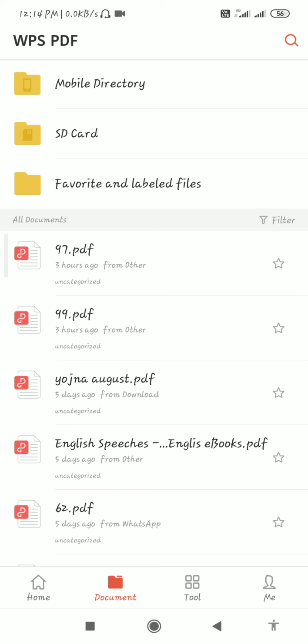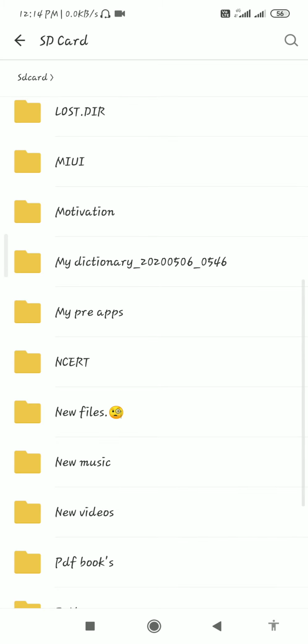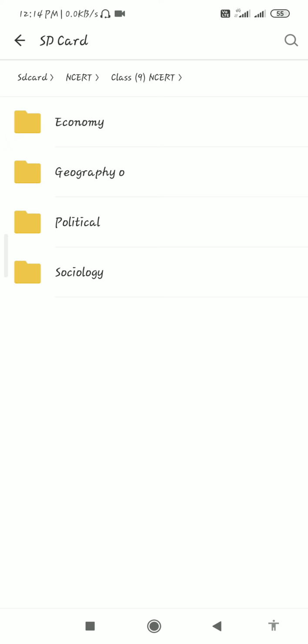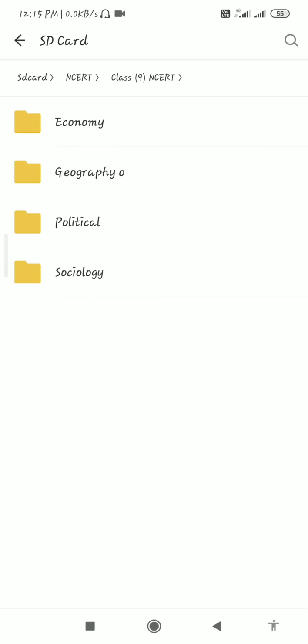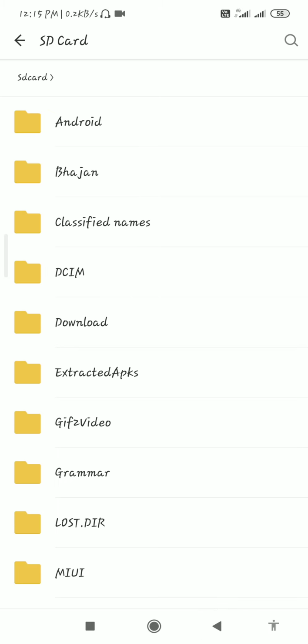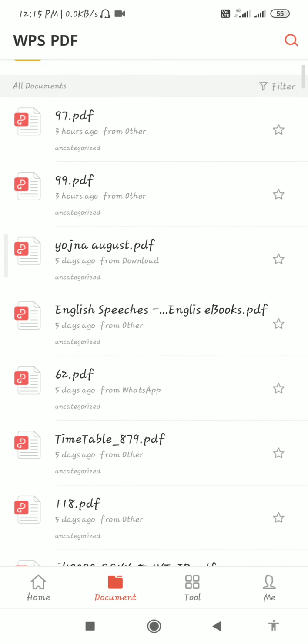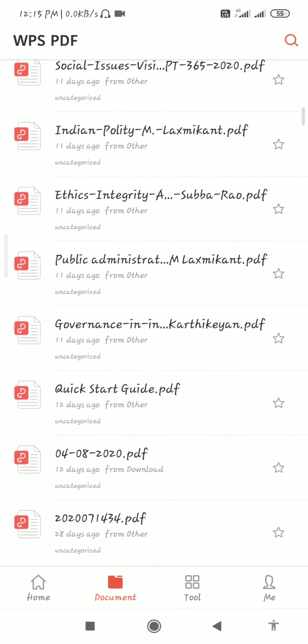Whatever you save in your memory card, you can easily go to this section and find that particular PDF from here. Now you can see a lot of my PDFs are saved here. And now I will go back.